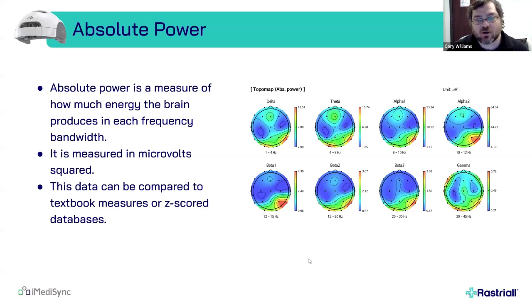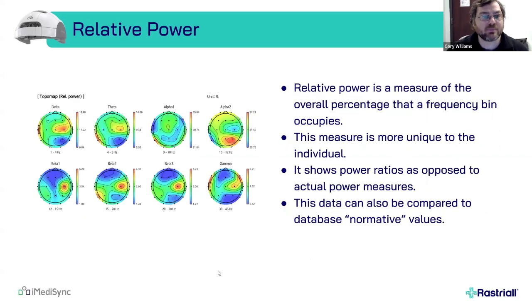So this is the first part of the two-dimensional maps, the absolute power maps. We also get to look at what are called relative power maps. And these show us a percentage of the whole. What percent of all of the activity is in a given frequency bandwidth at a sensor location? So instead of comparing to a database, although we can compare this to databases, this is a little bit more individual specific. It tells us within an individual brain what the power ratios look like. Is there activity that's more prevalent than others?